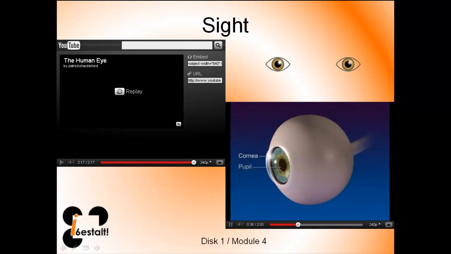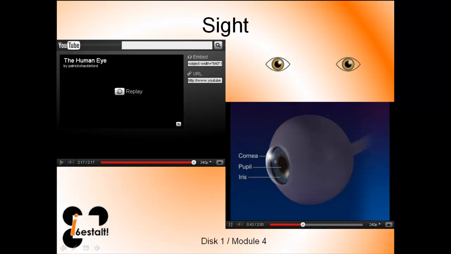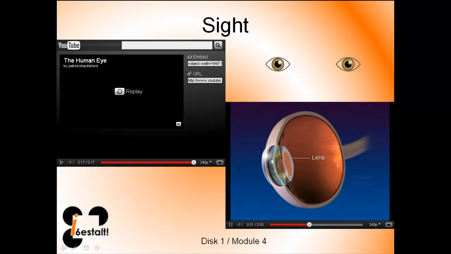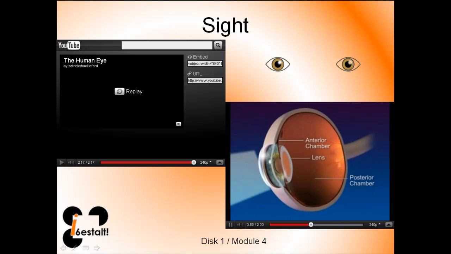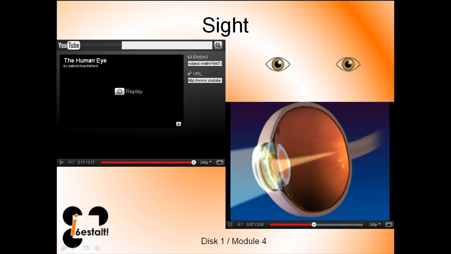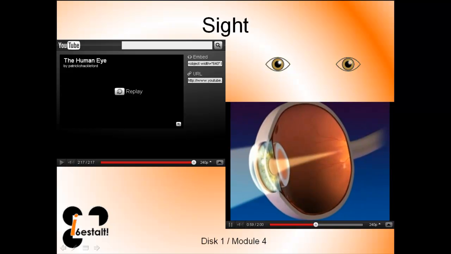The pupil is the circular opening in the front of the choroid. The iris is the colored smooth muscle surrounding the pupil, which adjusts the size of the opening according to the brightness of light. The lens is located behind the pupil and between the anterior and posterior chambers. The lens is a transparent, flexible biconvex structure that bends or refracts light rays, so they focus on the nerve